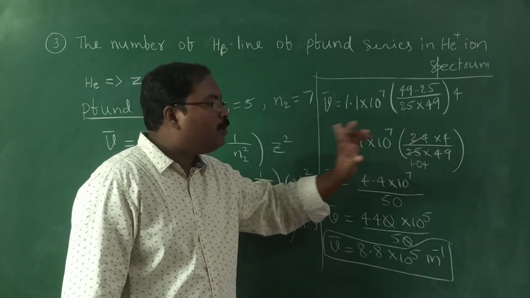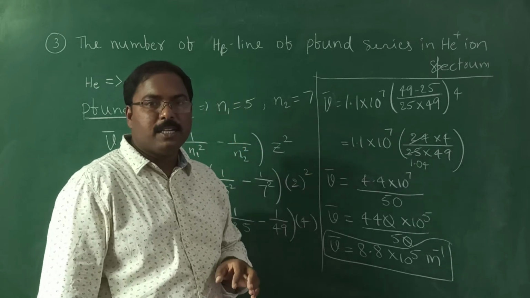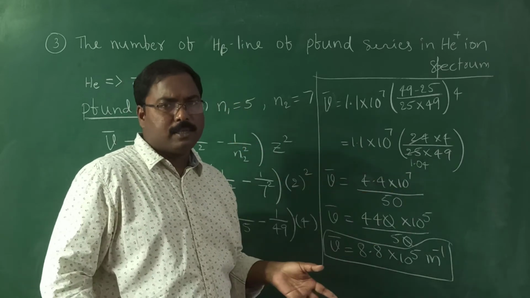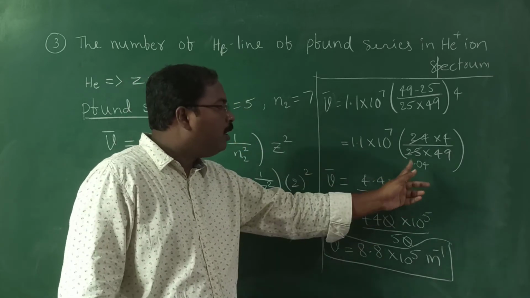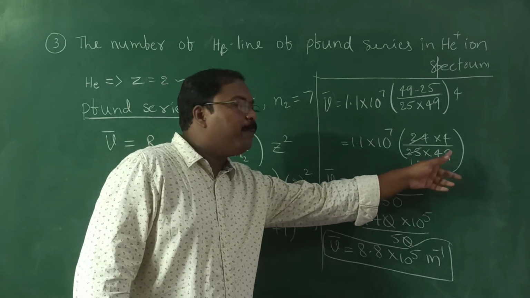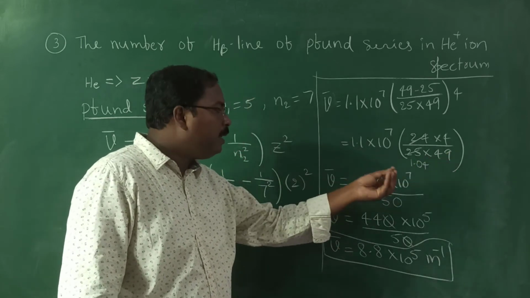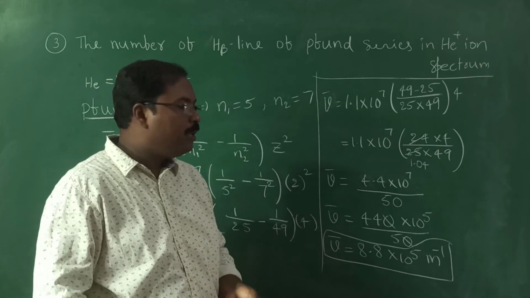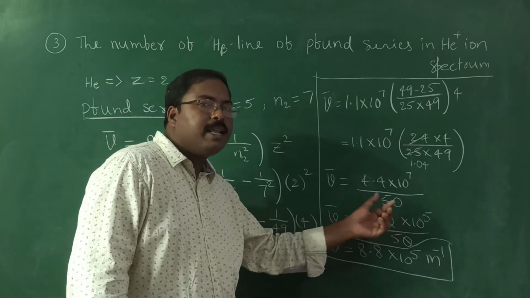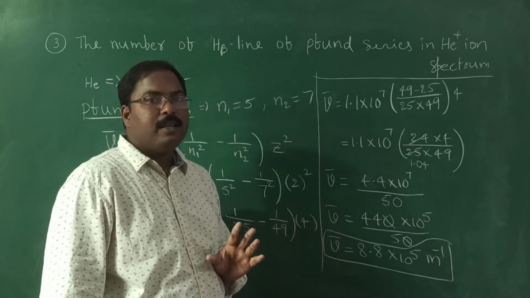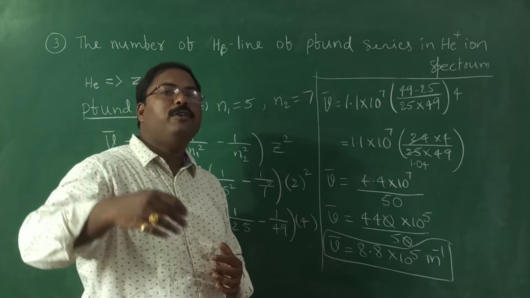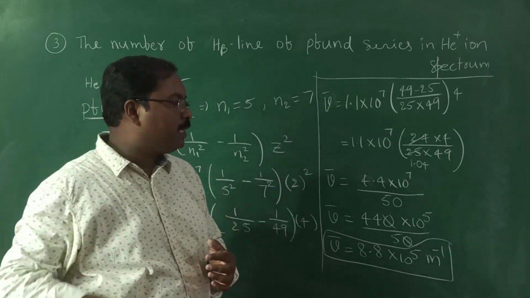24 is smaller than 25, so approximately 1.04 is taken. More than 1, simple, our common sense. When more than 1, when we multiply 49, the answer will definitely be more than 49. So for easy purpose I have taken 50. Okay? Sir, more than 49 means, why don't you take 55 or 56?